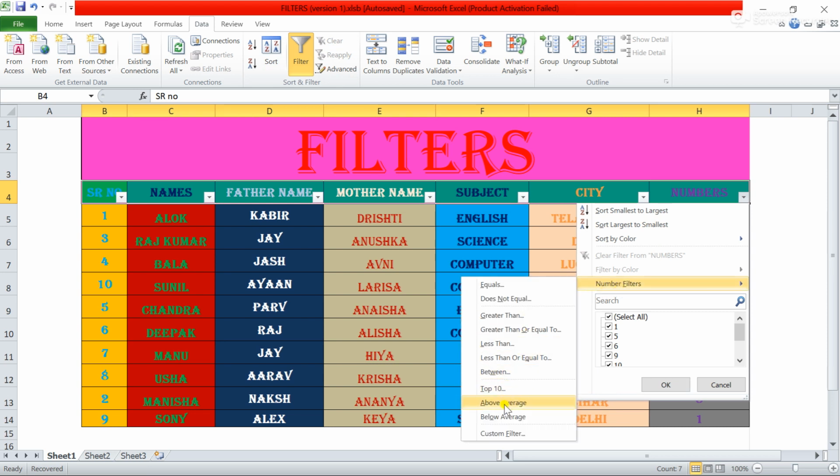Now next is the average, below average, custom filter. These all the filters which you can apply while you are doing calculations, like calculating mark sheet or any subject, different subject marks. There you want maximum, minimum, less than, greater than, everything you want. There you can use this all the filters.